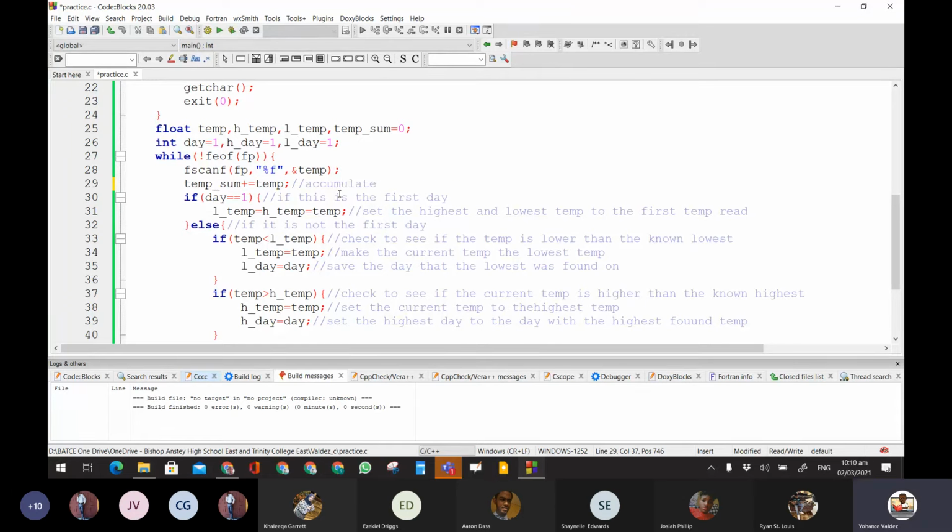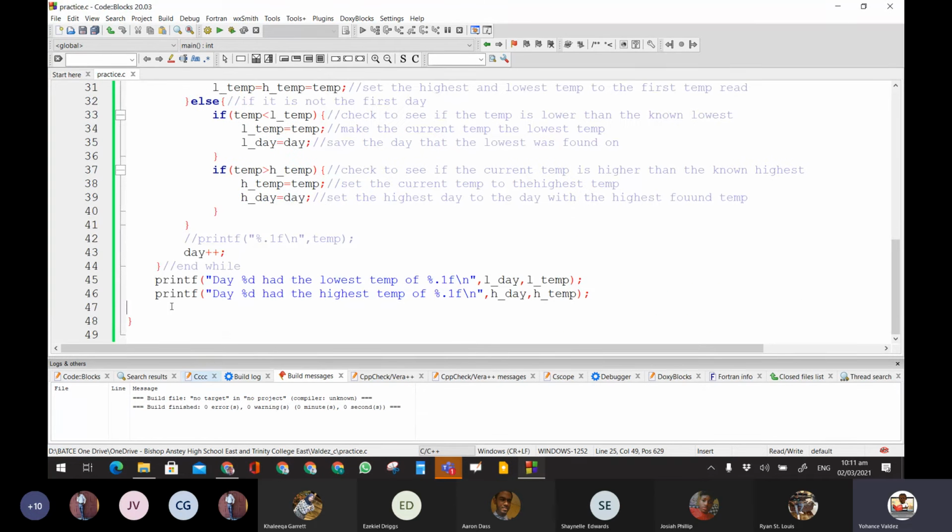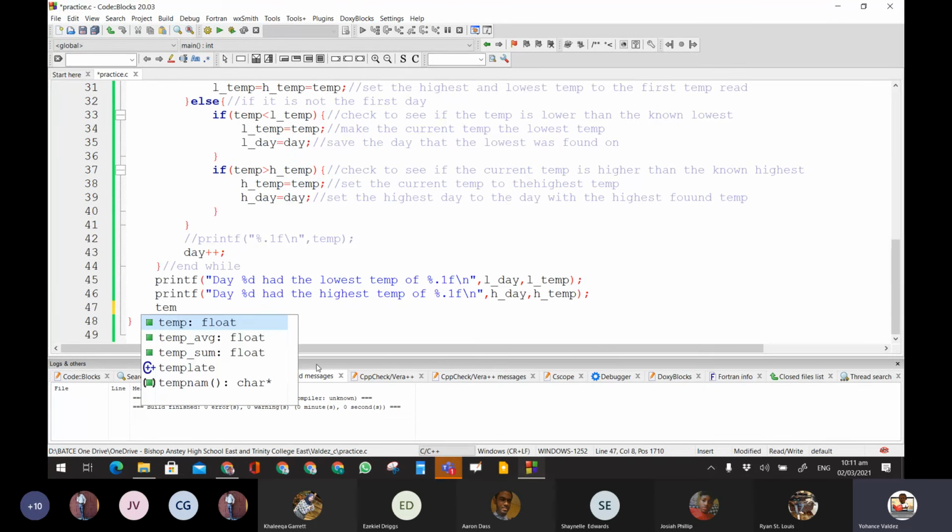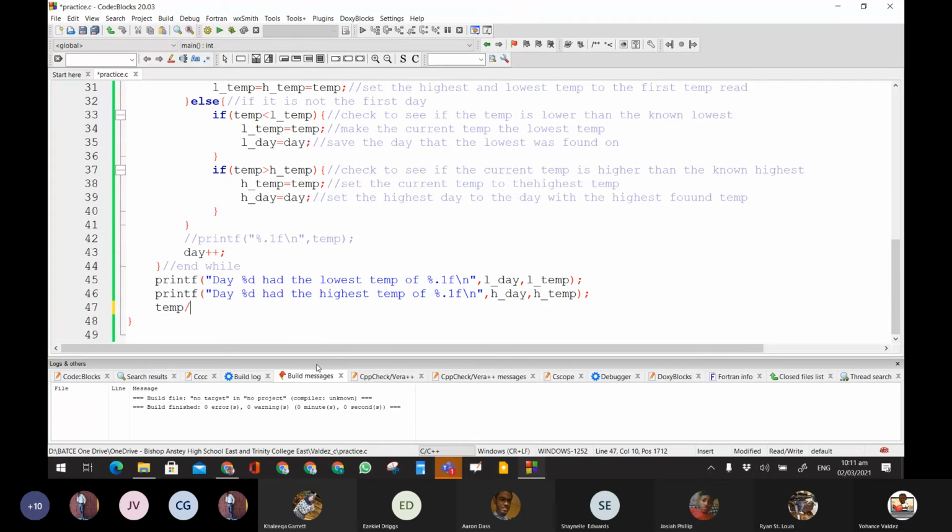Accumulate the temperatures for finding the average. And we need to have a temp underscore avg, so that at the end we could see temp underscore avg is equal to what? Temp underscore average is going to be equal to temp underscore sum